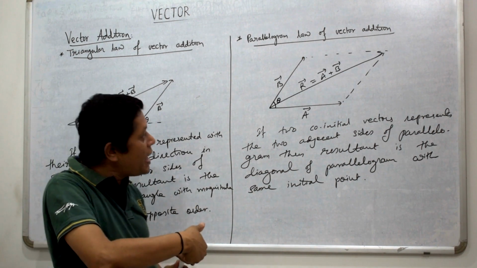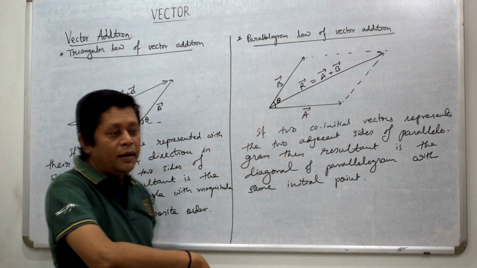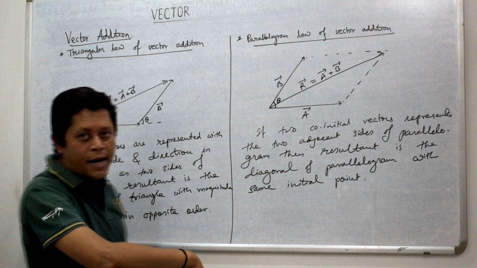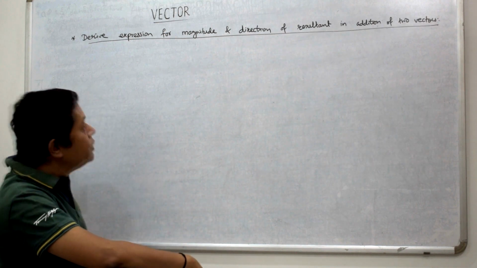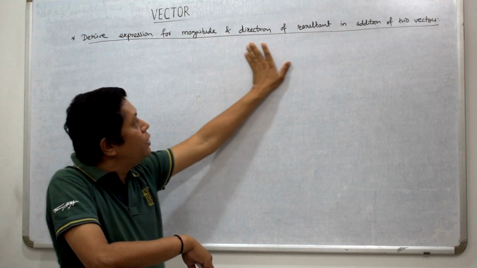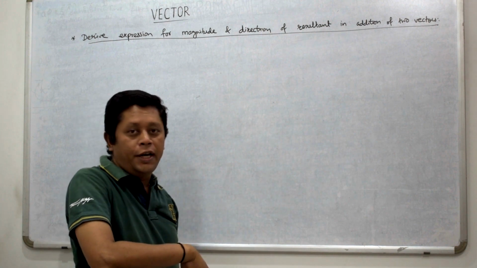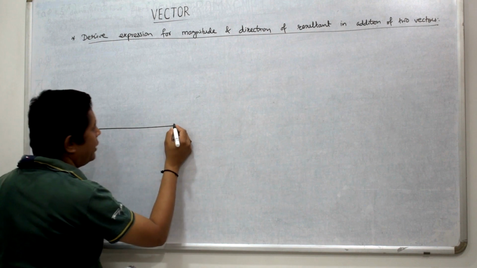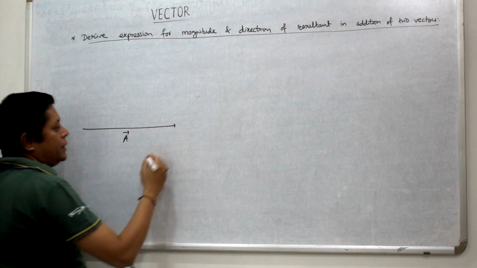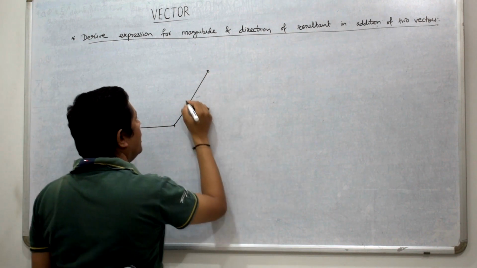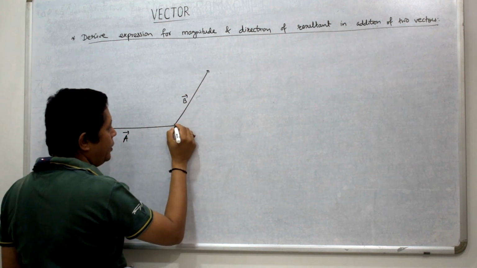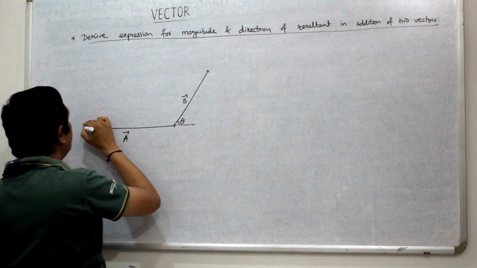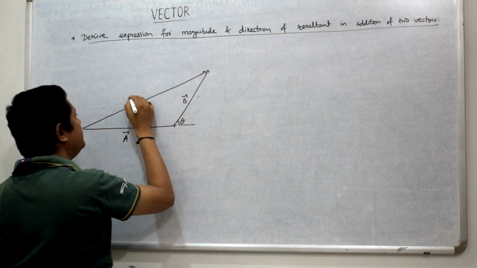Actually, what is the magnitude of this resultant vector R, and what is the direction of the resultant vector R, that we can calculate with the analytical method. So let us see how to derive the expression for the magnitude and direction of the resultant in the addition of two vectors. Let us consider two vectors A and B. This is vector A, this is vector B. Vectors A and B are inclined to each other by angle theta. If you want to find the resultant R of these two vectors,